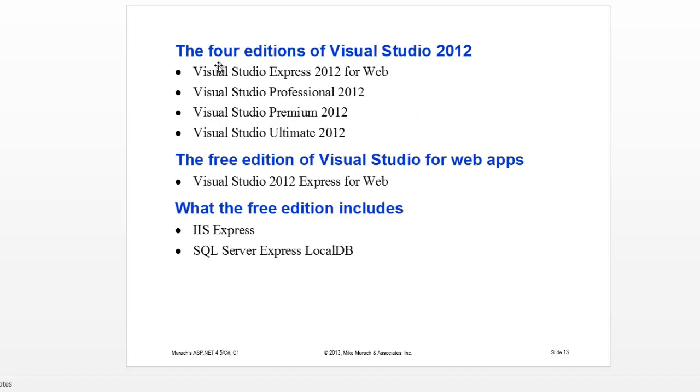There are different editions of Visual Studio 2012 that you should be aware of. They go over them a little bit on pages 14 and 15. The Express edition would be